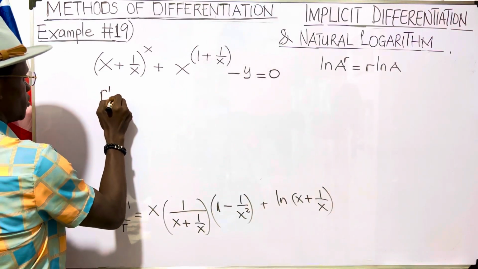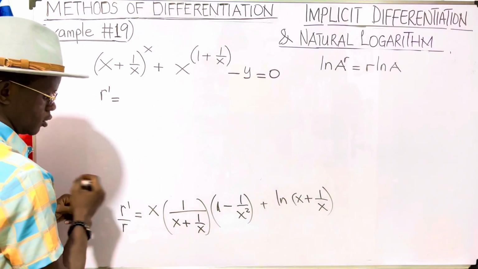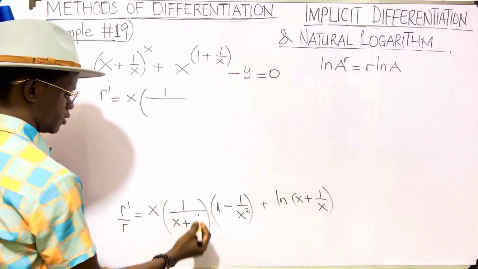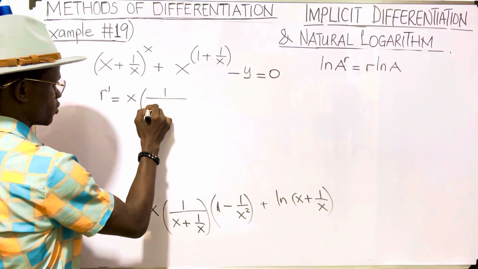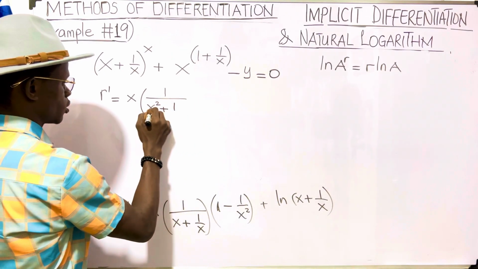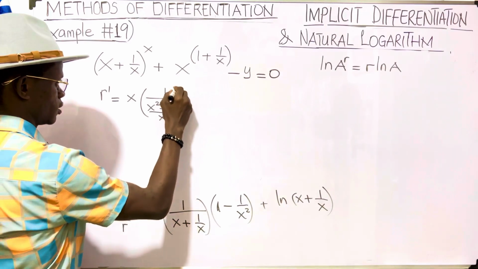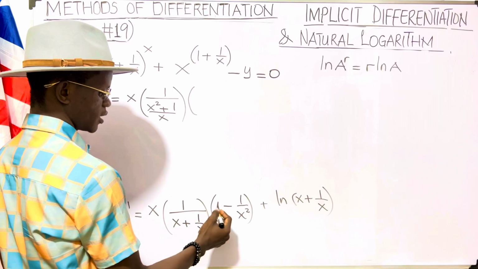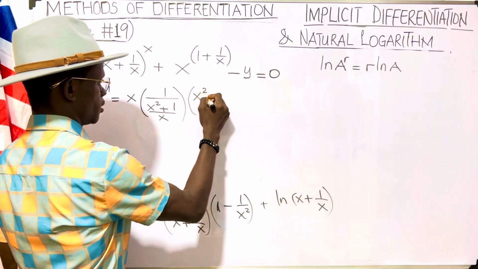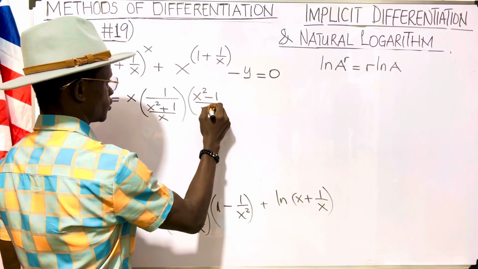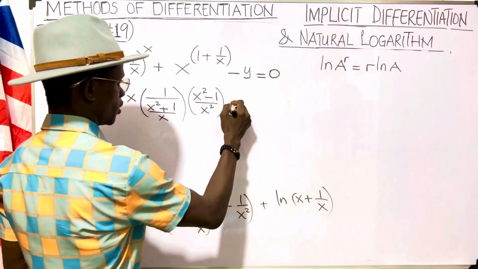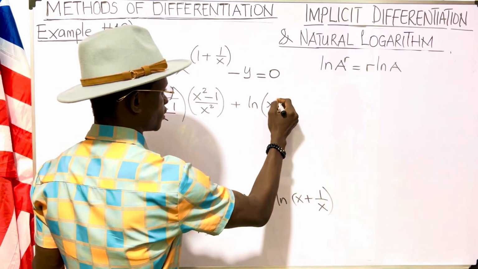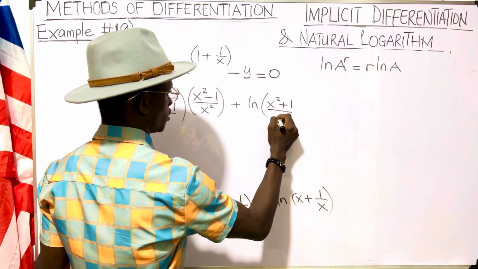So we have r prime now to be equals. So we can work right here. You have 1 all over, so this can be x times (x squared plus 1) all over x. And then times x squared times 1 is just x squared minus 1 all over x squared. Plus ln. Now x times x is just x squared plus 1 all over x